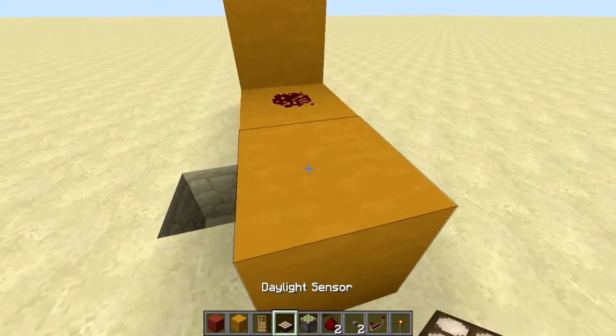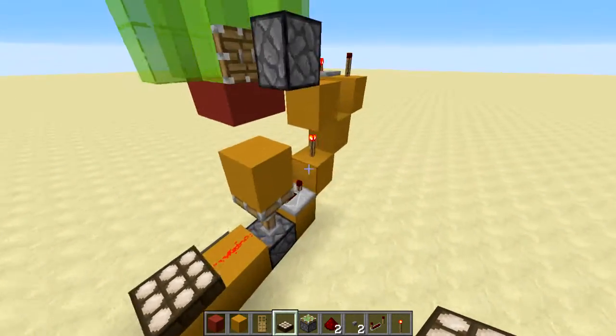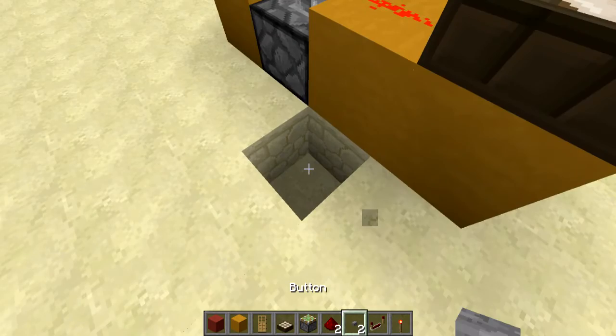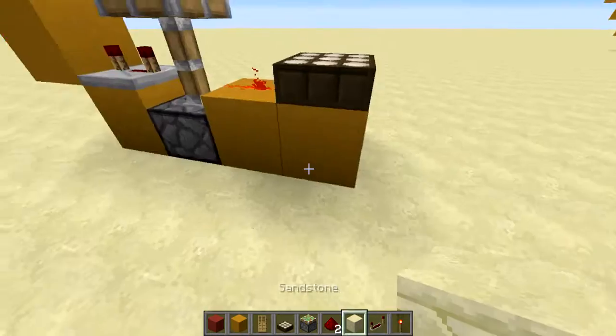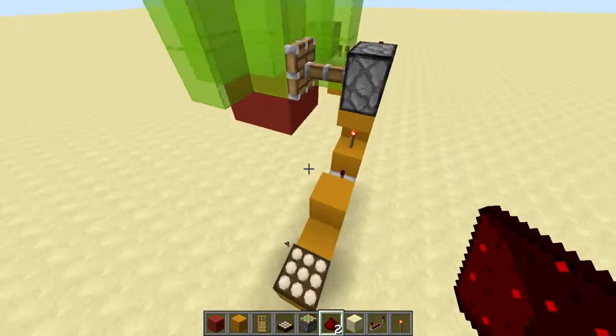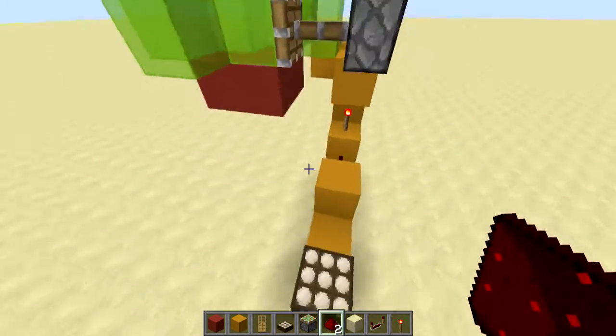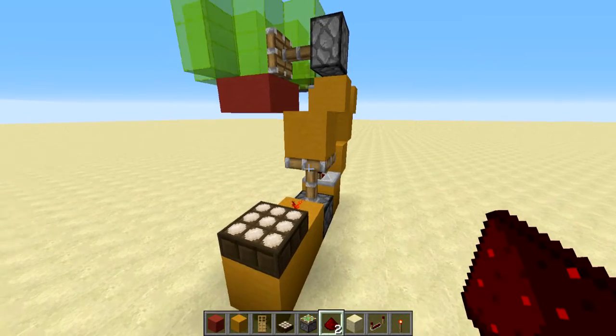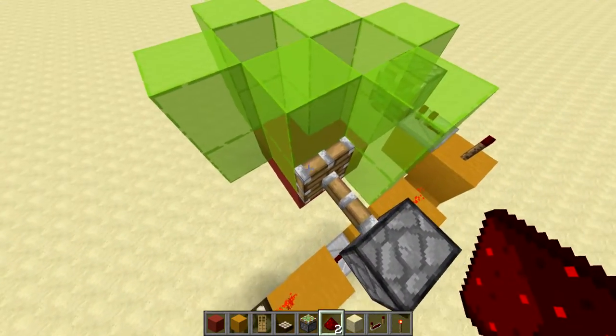Sorry about that, but I'm just building this off of my mind pretty much. Okay, so daylight sensor like this, and it all should work pretty fine. And if we now test it by destroying that redstone, nothing happens. But if you look at it closely, I'm trying to get a good angle, you see that this piston retracts